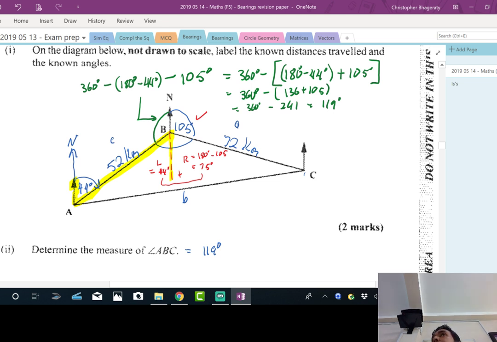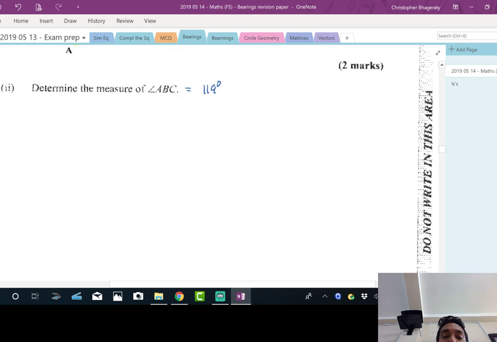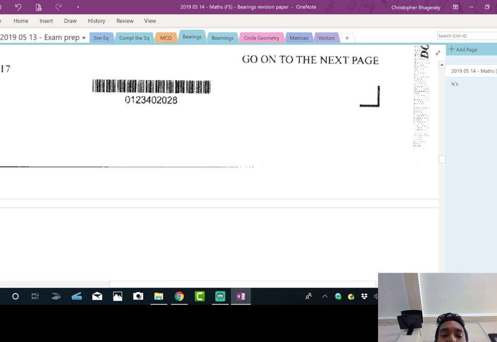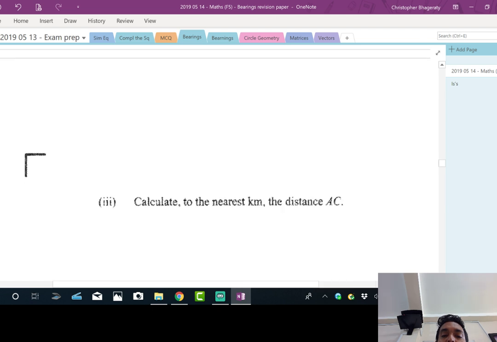Okay, anybody have any questions on the item? No? Alright. Since we had the angle inside, we can find the length between A and C. That is actually what the next piece of the question is asking. I'll scroll back up just now if anybody in live is taking some stuff down. The next piece of the question is: calculate, to the nearest kilometer, the distance AC.